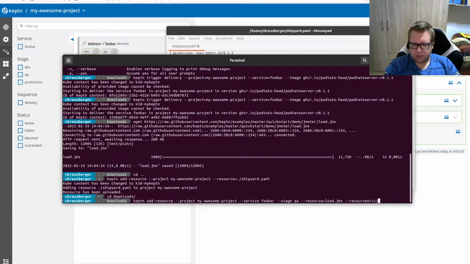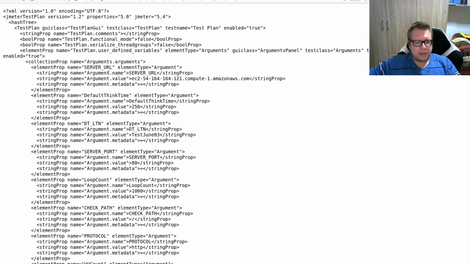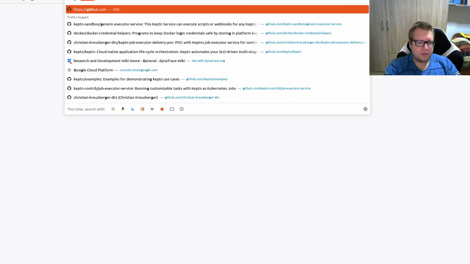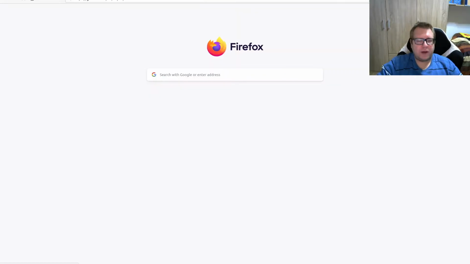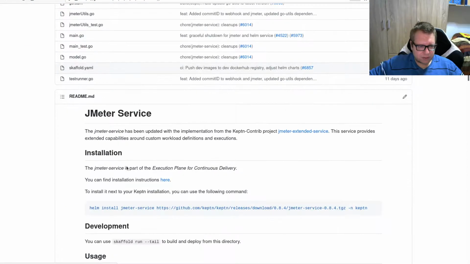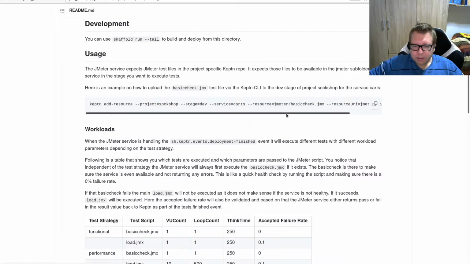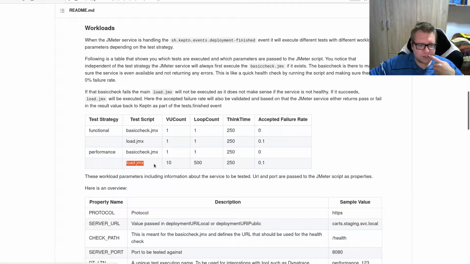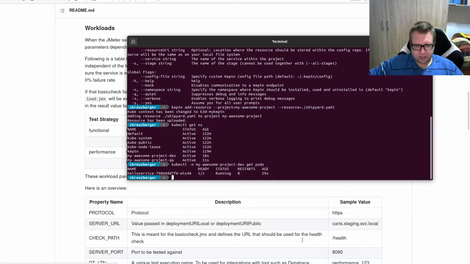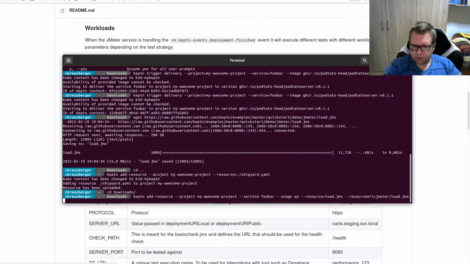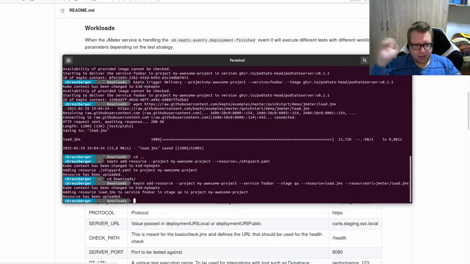I think it is jmeter, and let me double check this. There is a default config for jmeter, which can be found in the Keptn repo's jmeter-service readme. So basic check is basic check, yep. And then we have performance, which is load.jmx as well. So yeah, this is my right terminal. So we put it into jmeter/load.jmx. And if we trigger our delivery again,